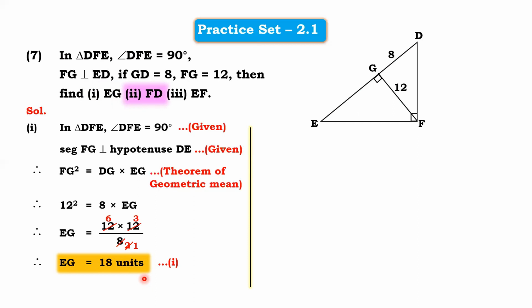Now here, if you look at FD in the figure, FD belongs to which triangle? Look, of course, do not say triangle DFE. FD belongs to which other right angle triangle? FD belongs to right angle triangle FGD, or DGF we can say. So here, why are we choosing this right angle triangle? Because first of all, we know that in a right angle triangle we can use Pythagoras theorem. If you see this right angle triangle properly, we know DG, we know FG. So we can find out the third side.